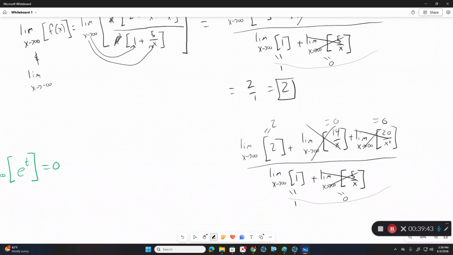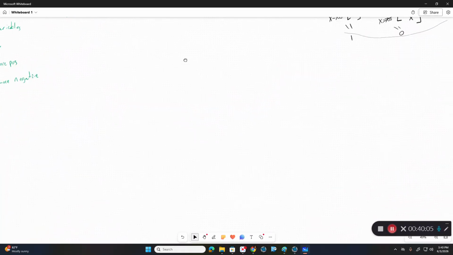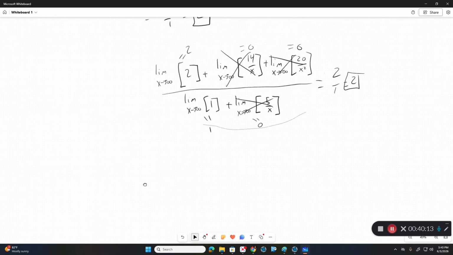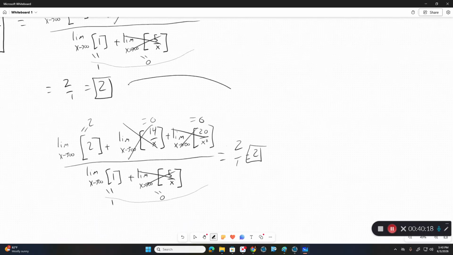Notice, if I change each of these to be negative infinity, everything is the exact same. Just for this specific one. That's not true in general, but it turns out most of the time in pure polynomial rational type answers, they share the same limit. It's really the exponentials and the logarithms that usually have different ones. Now this question continues and asks, what is the horizontal asymptote? And I will point out, because these two things are the same,